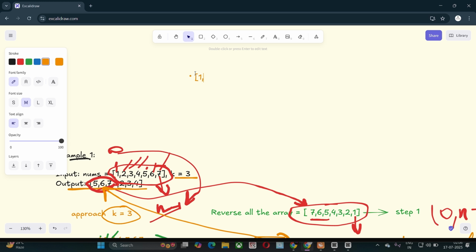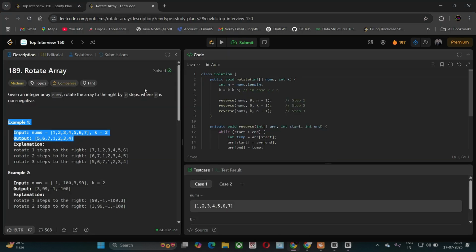If I take k equal to 1, here you can see we are shifting from the right. We leave a blank space, then shifting 1, 2, 3, 4, 5, comma 6.